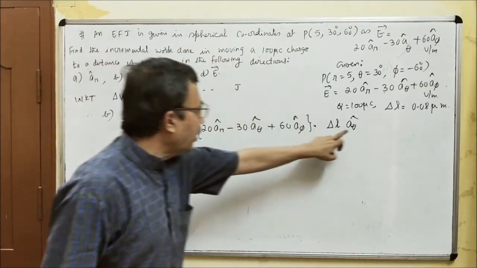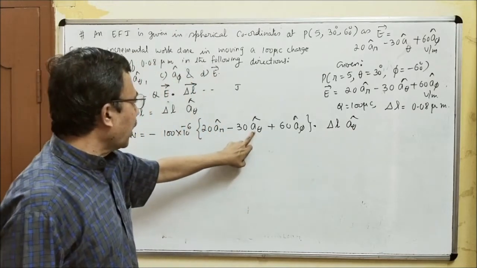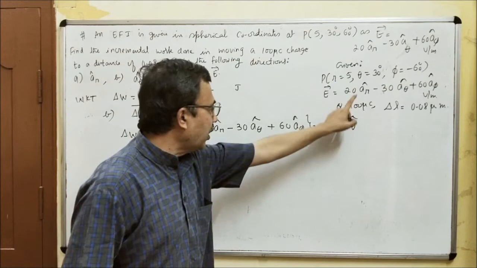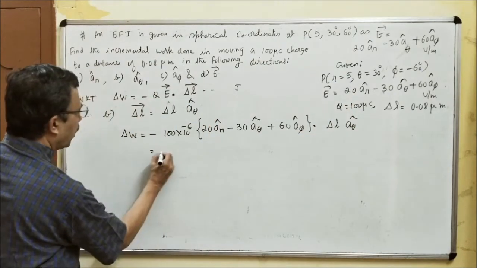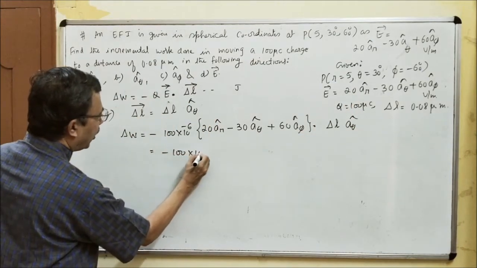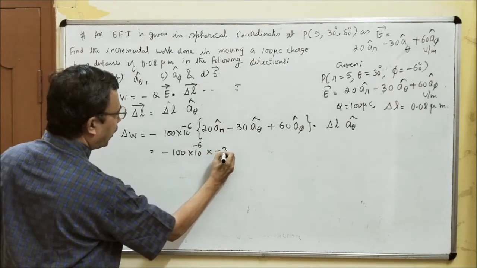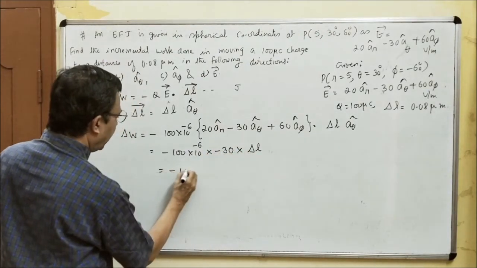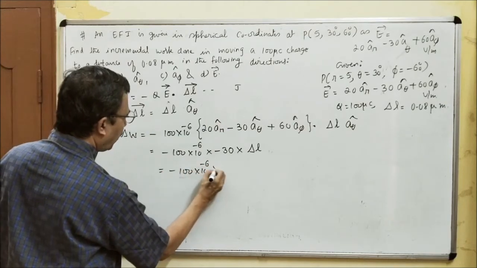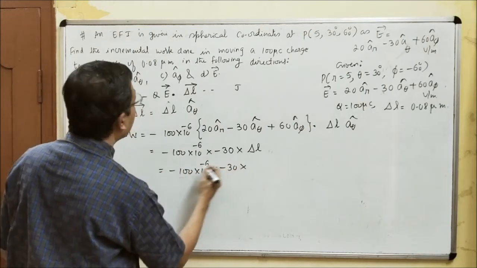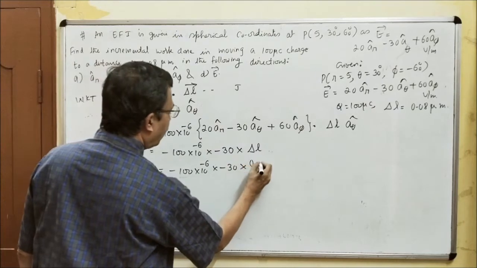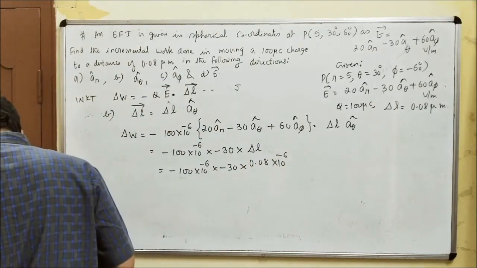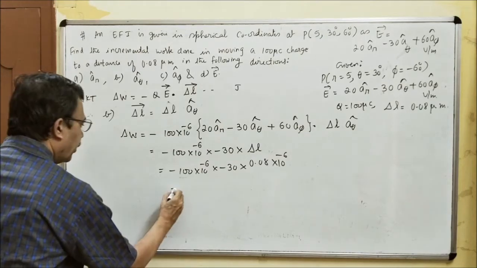AR cap dot A theta cap is 0, A theta cap dot A theta cap is 1, A phi cap dot A theta cap is 0. Therefore, this becomes minus 100 into 10 to the power minus 6 into minus 30 into delta L, with delta L being 0.08 into 10 to the power minus 6. So this works out to be 240